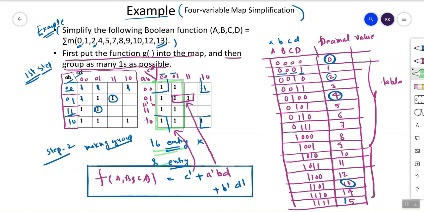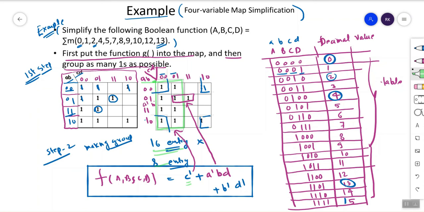Then we make the group, then we will check what is cancelling and what is not cancelling. So suppose here AB, AB is changing 0 1 and 0 1, everything is changing. Now it is cancelled, so if you see in the expression I have not taken it. Now here C is not changing, C naught is 0 0 and 0 1, D is changing. So here 0, so we will write C naught only.